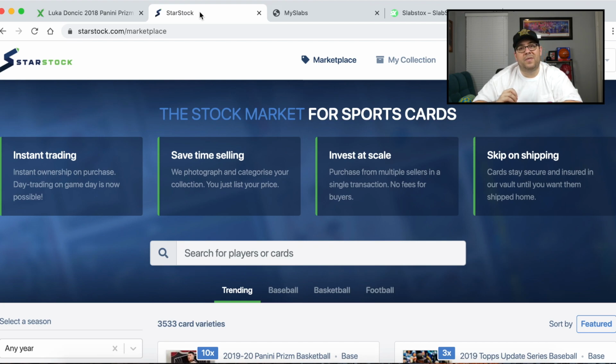And so the other thing that I think is neat about this is it sort of takes out of the equation shipping the sports cards, because obviously when you buy on eBay, you're buying and you wait a week, and sometimes it gets lost in transit, or when you're selling a card, you've got to go to the post office and ship it, and you write down the shipping information wrong, or your tracking number's off, or there's just so many different things that kind of go wrong, not to mention all the horror stories that you hear from sellers and buyers